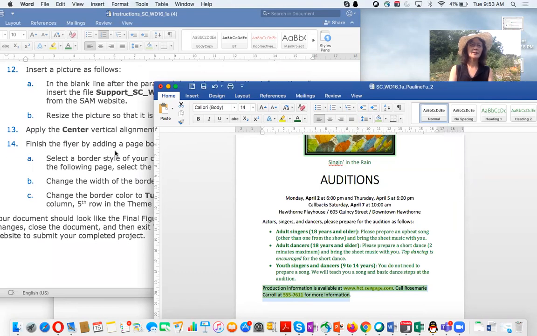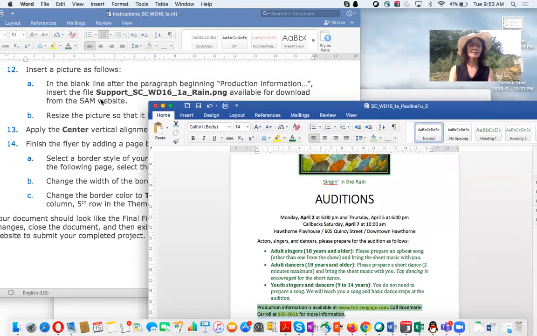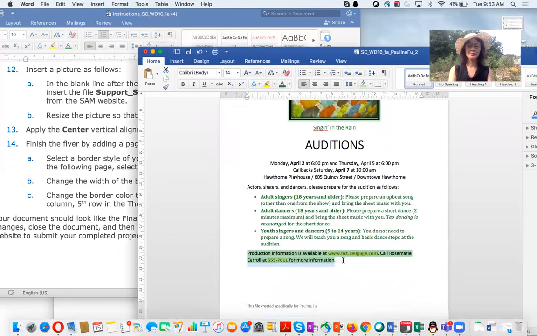Step 12, insert picture. Okay, in the blank line after the paragraph beginning "Production information", insert the supporting file, this picture. Remember you downloaded 3 files? So the third file is the picture. Okay. So I'm going to press the Enter key, and then